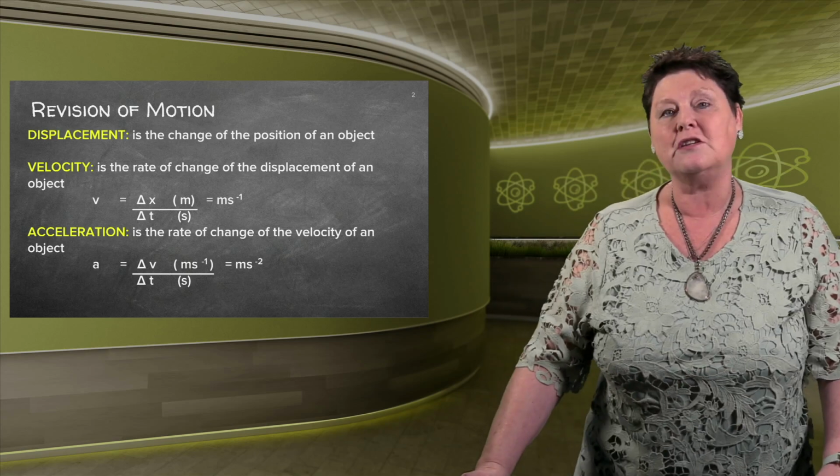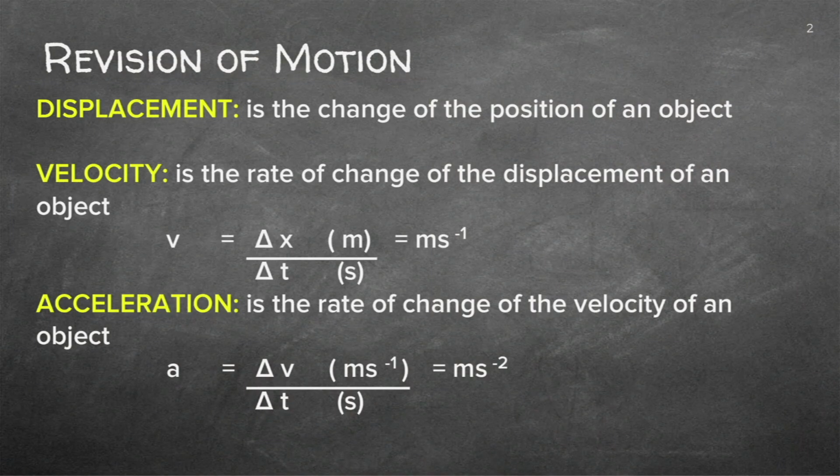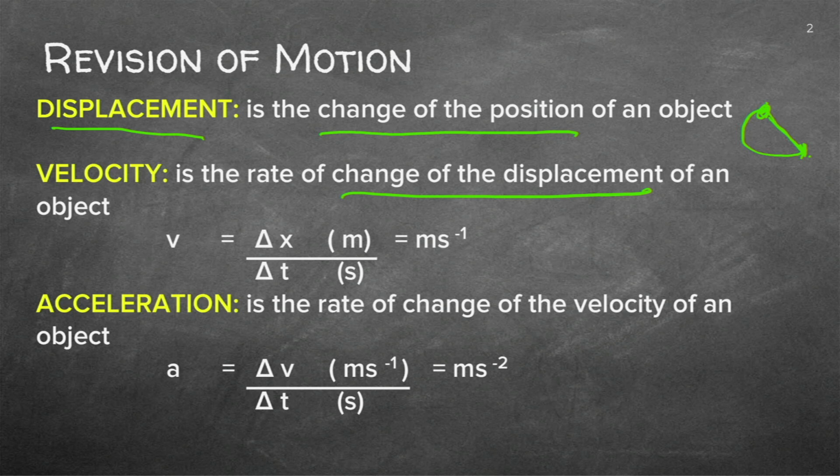Right, let's get started. When we did vectors, when we did the ticker tape, we said we've got displacement, and that's the change in position. So I started here and I ran across to that point. And you remember the displacement was the shortest path from the beginning to the end. We said that will be in a certain time, so I changed the displacement in a time, which is velocity. When we did ticker tape, we said the change in the displacement, x, over time gives me the velocity.